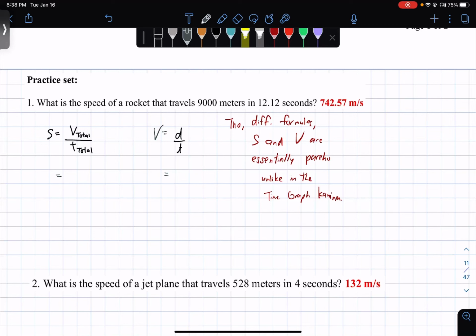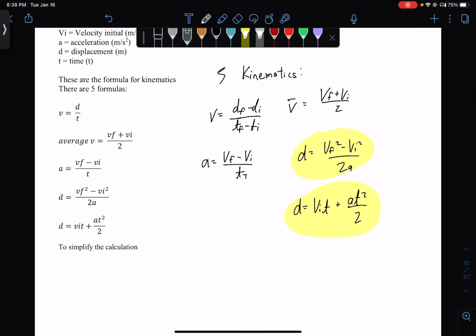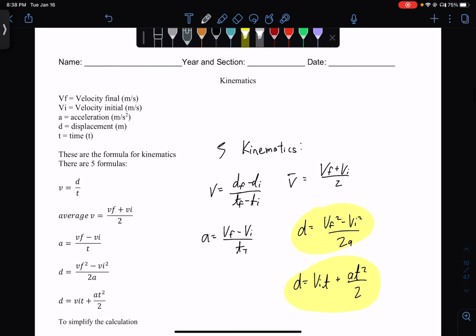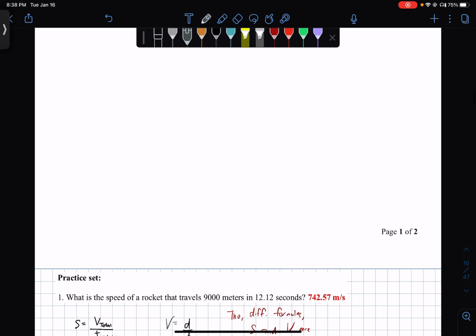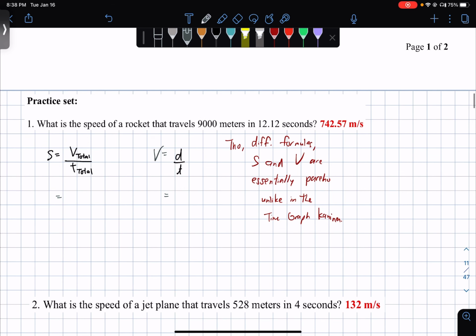Okay, this is going to be part 3 of my review, documenting my review for physics second quarter, grade 12. Okay, so for question 1, we are asked to identify the speed of a rocket. In the previous videos, by the way,